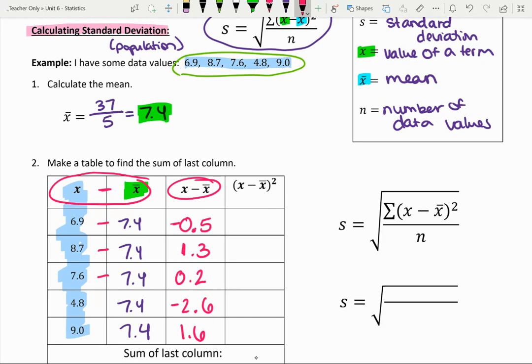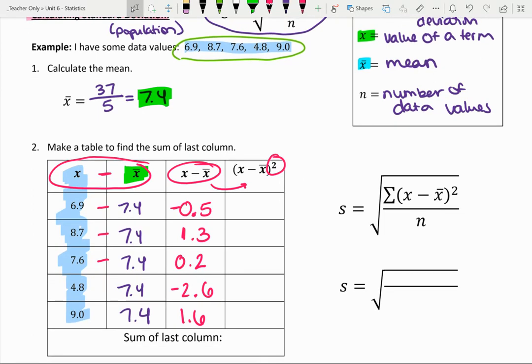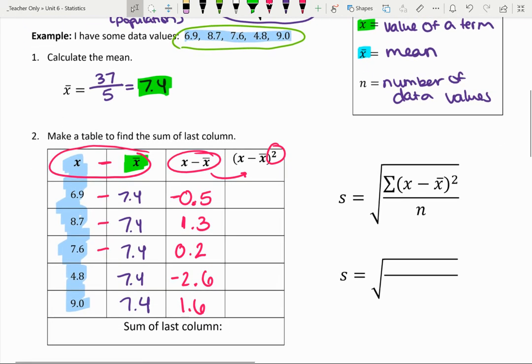So then this last column is exactly the same as the one before it, except we're going to square those numbers. So what this does is it makes everything positive there. And the reason that we're squaring and making everything positive is that standard deviation, if we're talking about how spread out something is, we're kind of talking about a distance from the mean, and we measure distance in positive values. So if you were to take a moment to square those very carefully, you would come up with this column here. You're welcome to pause and check this for yourself and try it out. 6.76 and